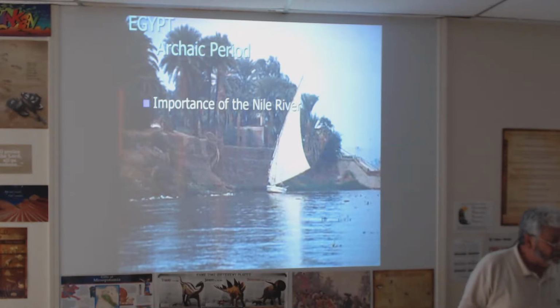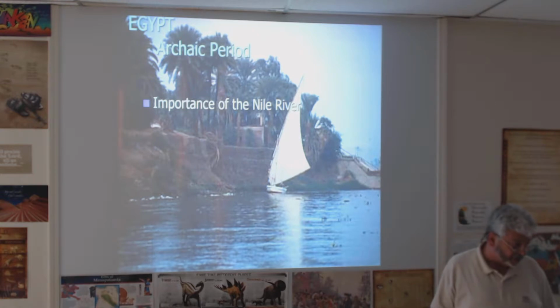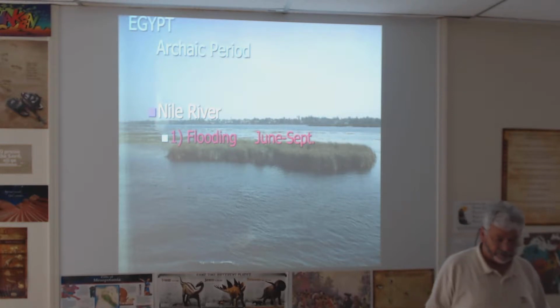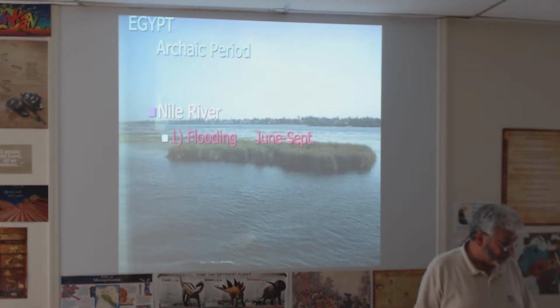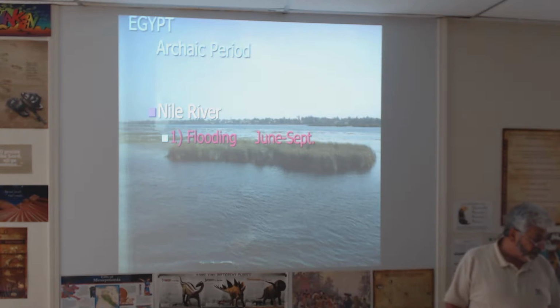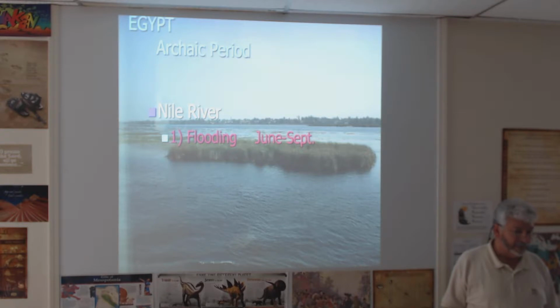All right, we want to continue looking at the Nile River in relationship to the seasons. There are 3 seasons in the year of Egypt. The first season is called the flood season, and that's from June to September, the season of flooding. These are pictures, by the way, of the Nile River that we're seeing in the background. All right, after flooding, any ideas what the next season would be? What do you have to do if you want to grow crops? What do you have to do before you can harvest them? Plant them. Yeah, you got to plant them.